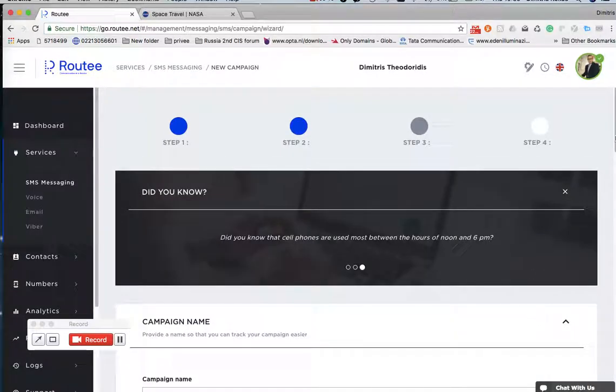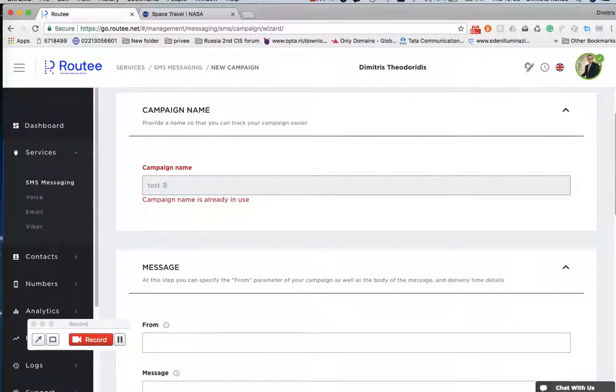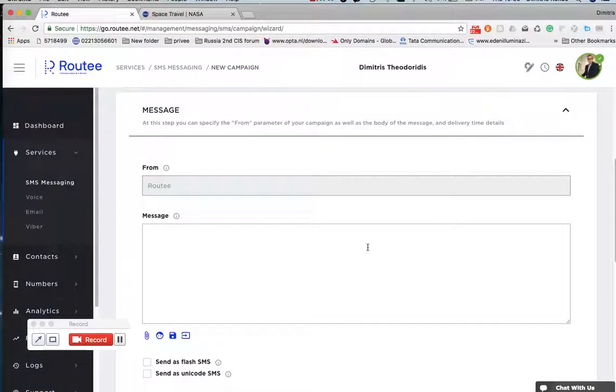Once again, next button. We give a name to our campaign, for example, test 300. In here we set the sender ID of our message. And in here